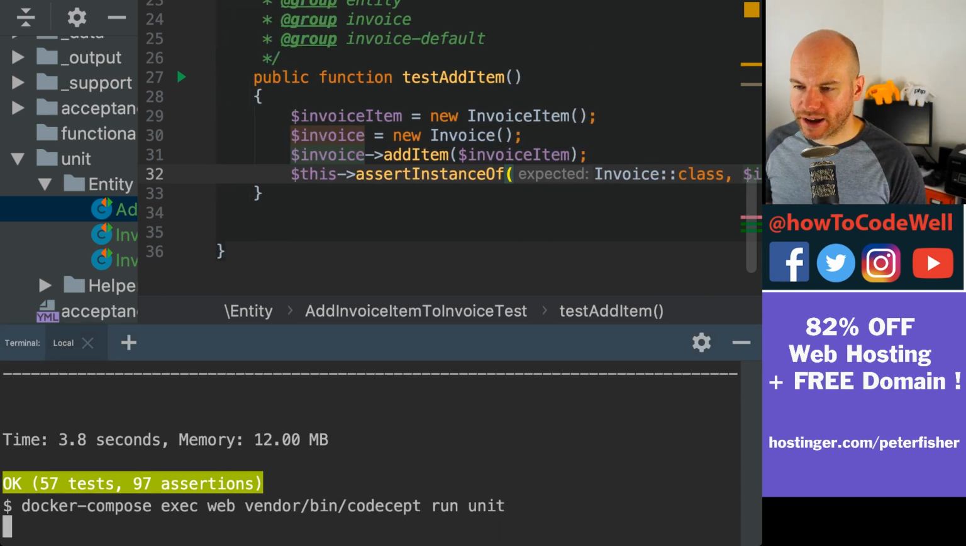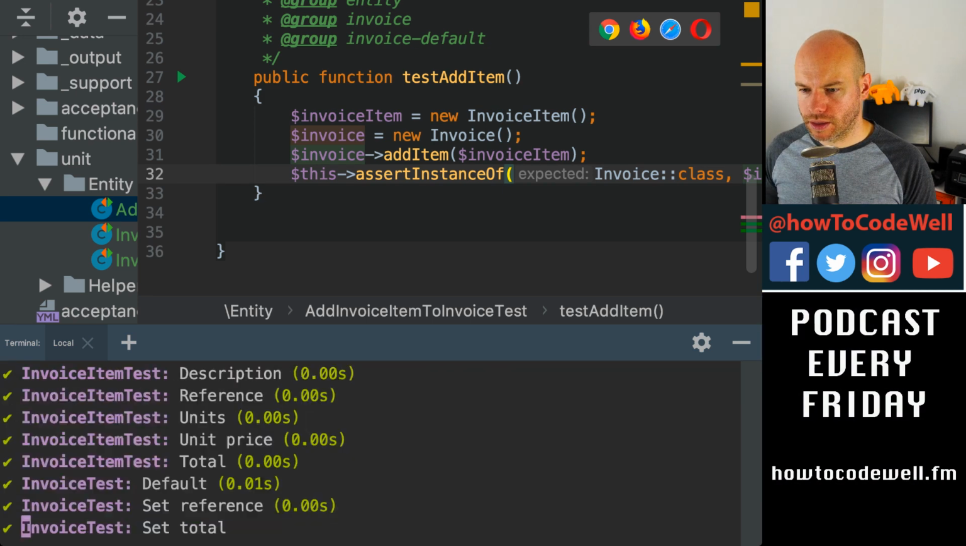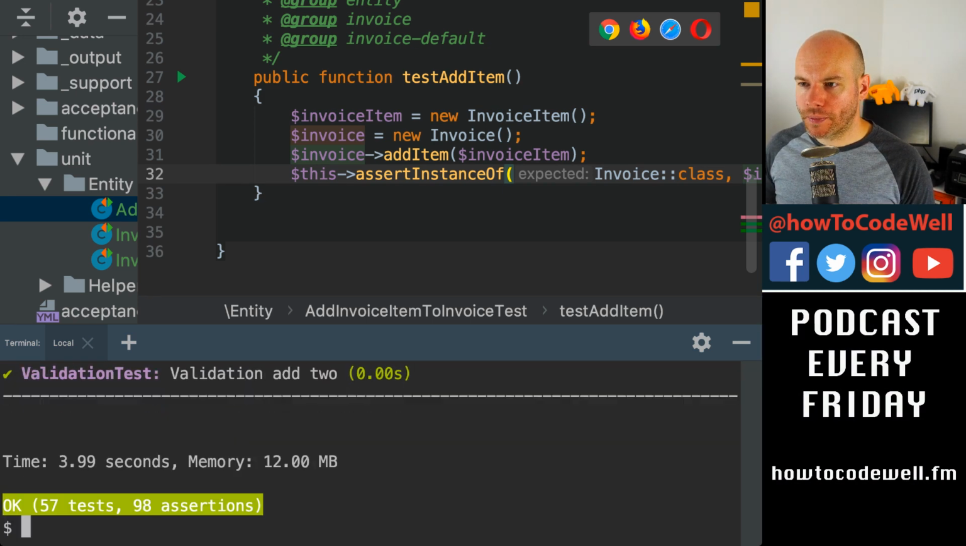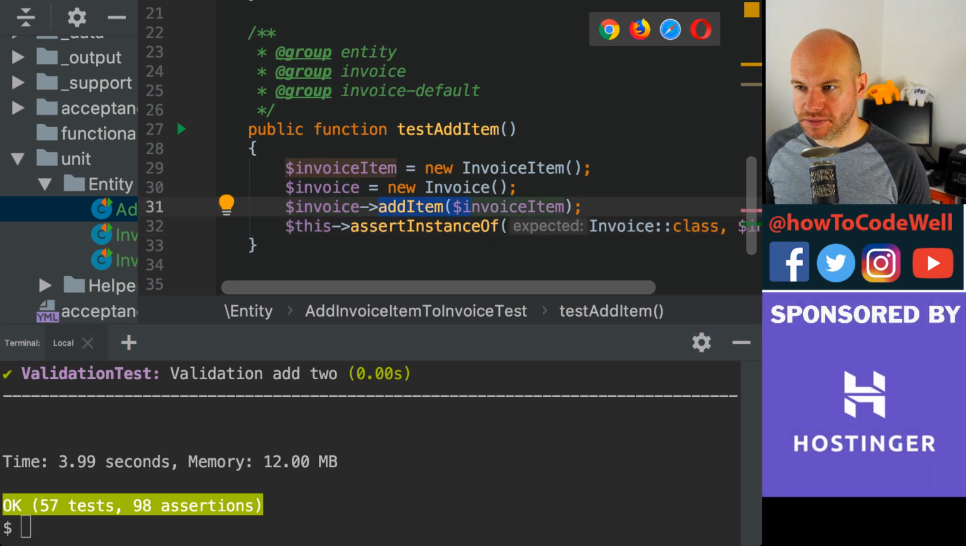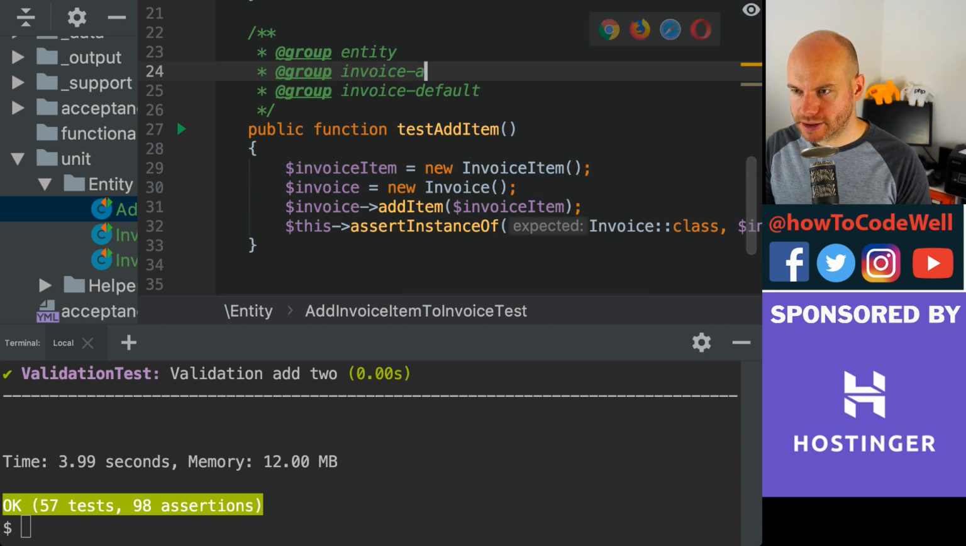Let's make sure that I have the setters running. That is good. So the next thing I'm going to do is do the set. So this is adding a single item. Next, we're going to actually set the items. So let's just change this to be invoice add item, and then